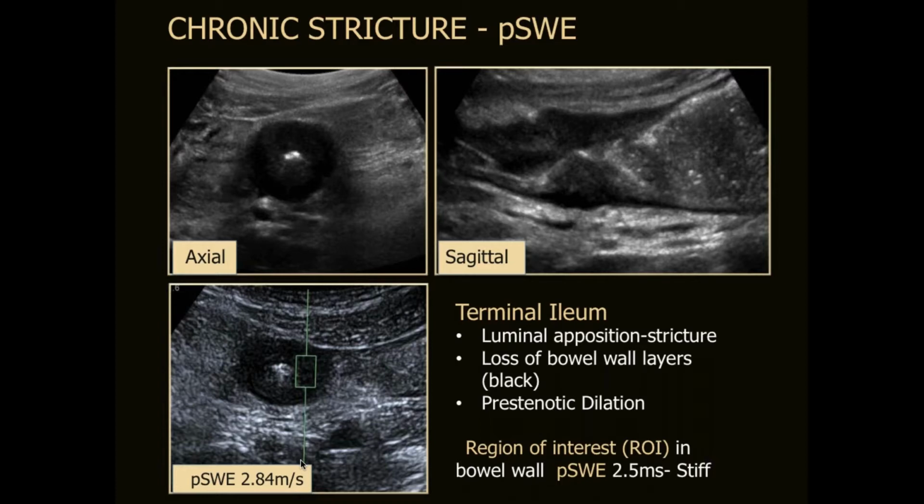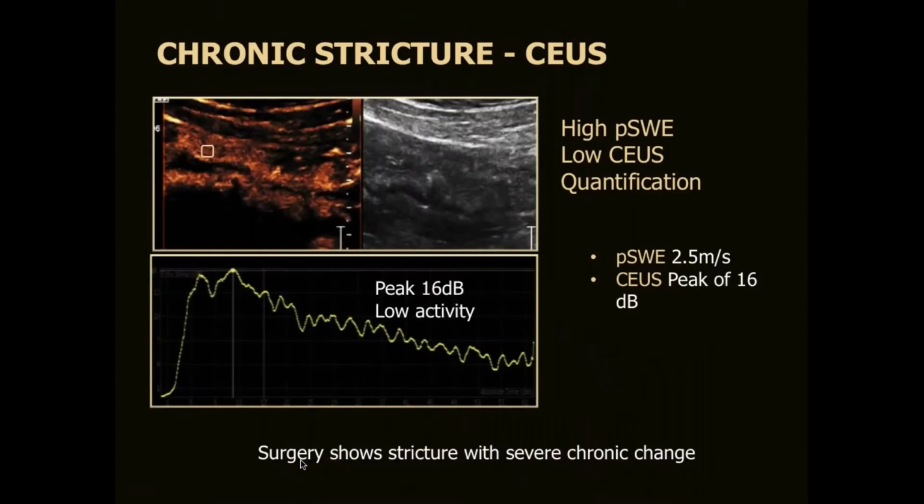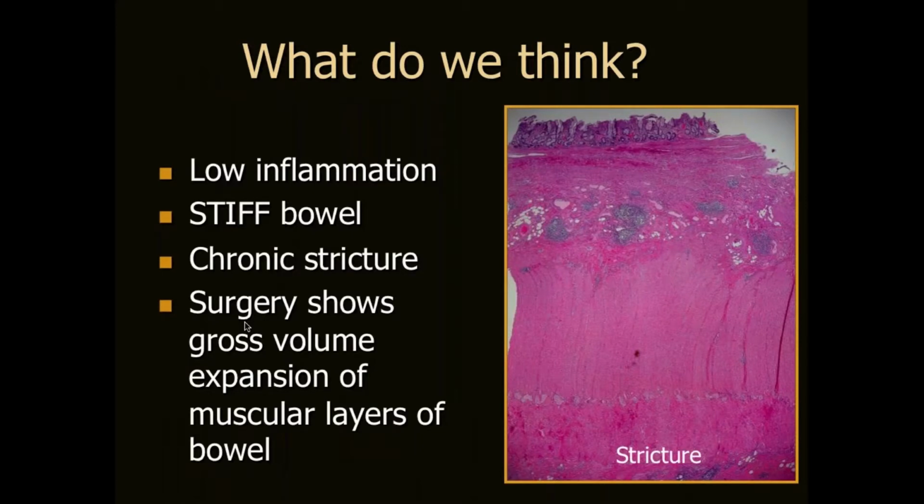In addition, on this patient, we got almost no blood flow on contrast enhanced ultrasound, and you can see a very low peak velocity of 16 decibels with a similar very low area under the curve. So we predicted that this patient would require surgery, and this showed a stricture, confirmed a stricture with severe chronic change. And so here's the pathology on this